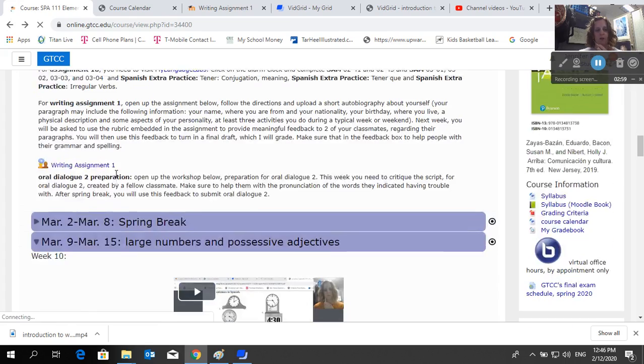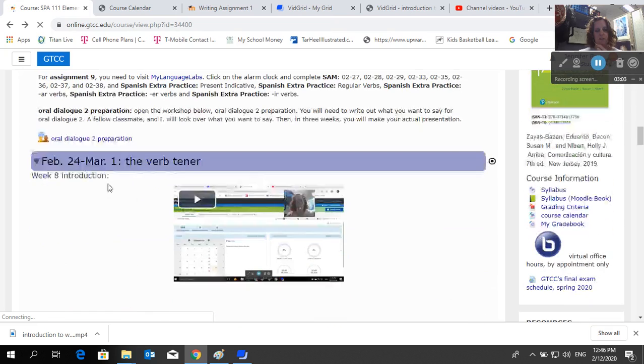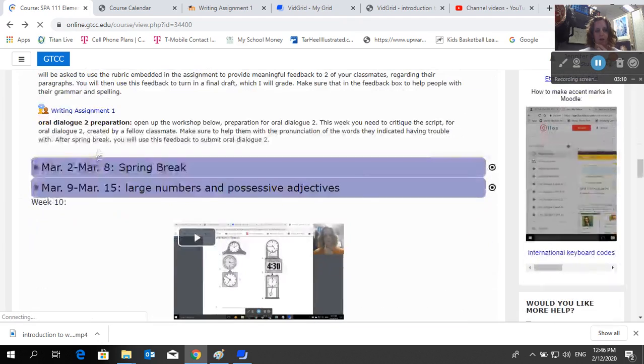You also have oral dialogue prep again. The original prep is up here in week the 17th. Right here, this is where you are writing your script. When you open it up this week, it'll get moved down there. You will see someone else's script and you are to critique it. Like you'll see a rubric and a place where you can give feedback. And